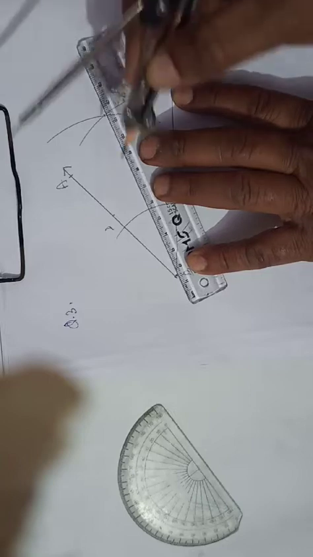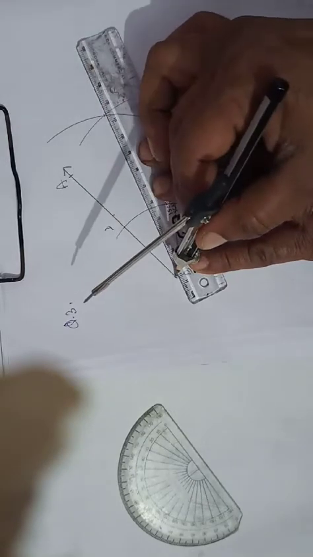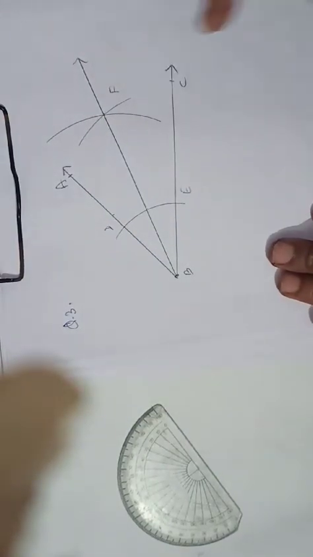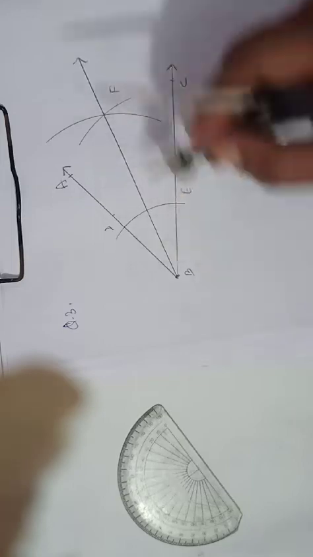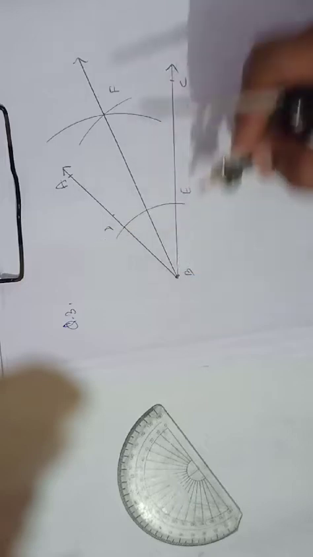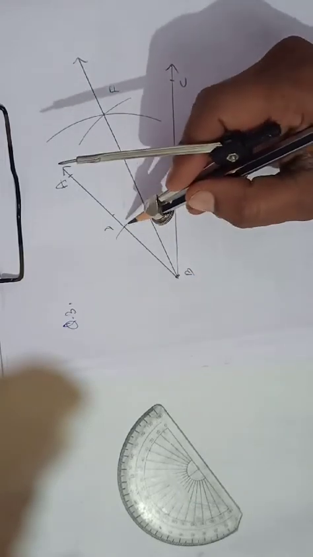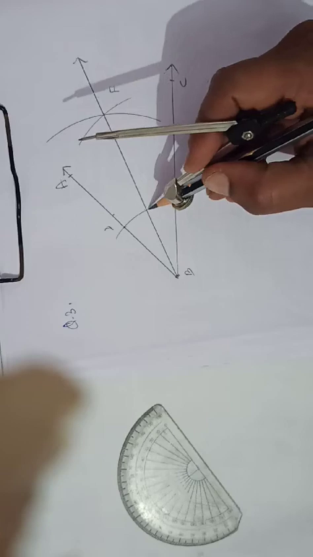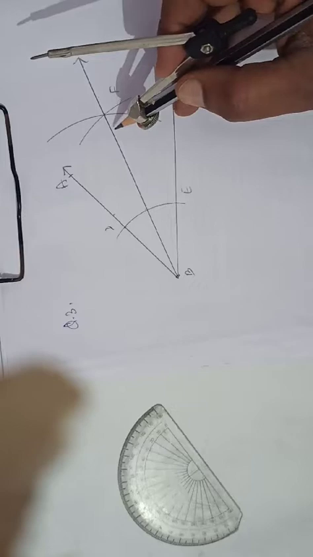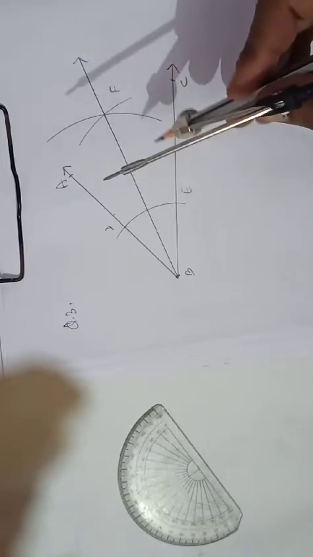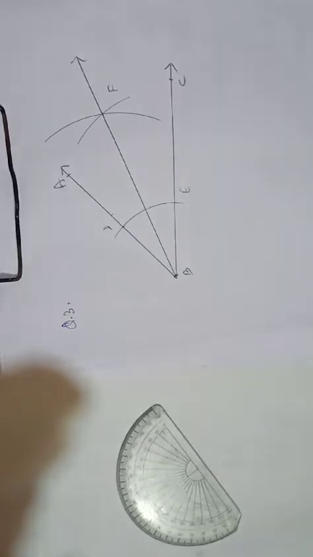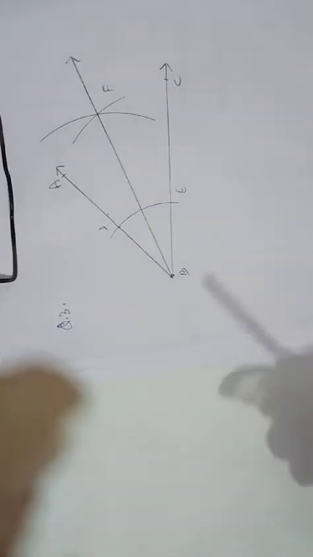Okay, you can draw the dotted line also. So this BF divides this angle ABC into two equal parts. One is from this to this, another one from here to this one. So that is why this is the angle bisector. Okay, so in this way you can draw the angle bisector of any angle. Now next question.